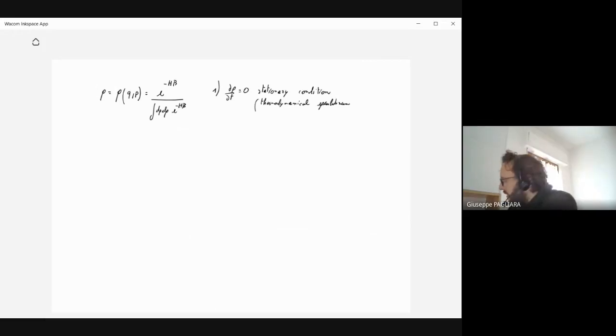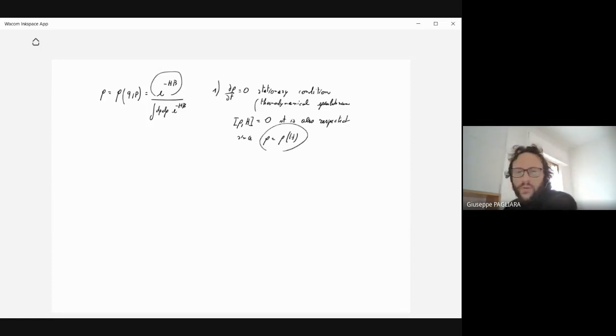For the Liouville equation, we need the Poisson bracket between rho and h to be equal to 0. And we said last time, in the case of the microcanonical ensemble, that this equation is solved trivially by taking rho constant. Now, in this case, it is also respected,